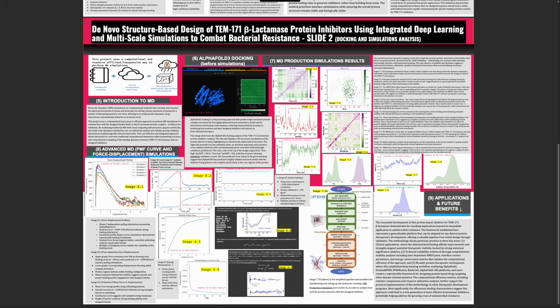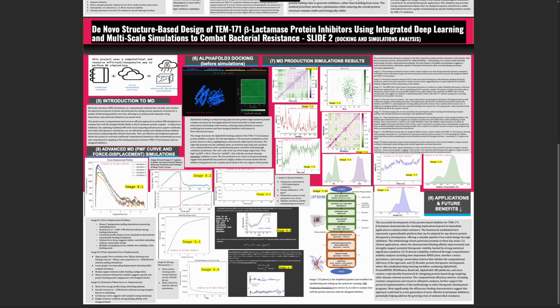And AlphaFold 3's improved architecture provided additional validation through specialized interface prediction capabilities. The system's attention mechanism revealed precise binding interface predictions with high confidence scores, as you can see in the picture. And so onto the production MD simulations. I could go over all these individual images one by one, but the explanations for them are listed in the